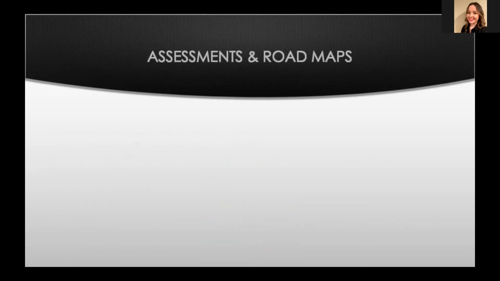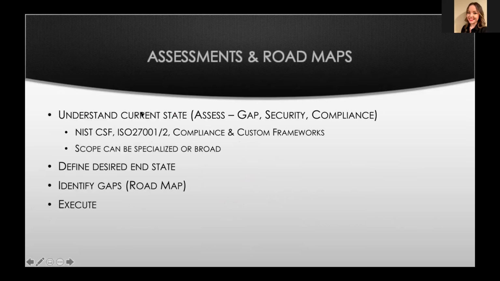So how do we do that, right? Pretty straightforward. We're going to get an idea of where we are. It's very common in my field on the consulting side of the house: any new CISO that takes a new job, one of the first things they're going to do is conduct a risk assessment or a security assessment of some type to understand what their current state is. All of these different frameworks that we've grazed on here are simply ways for us to understand what we should be doing so that we can work against that. So when we look at understanding the current state, we literally do an assessment.